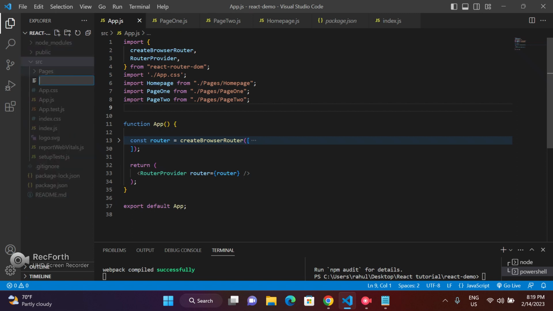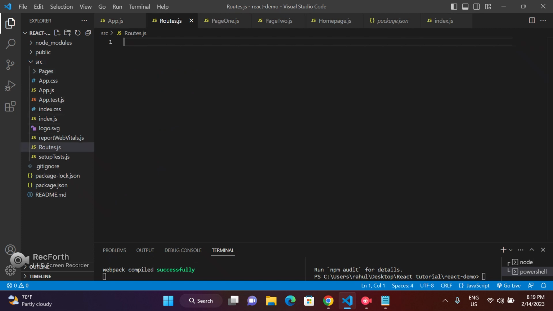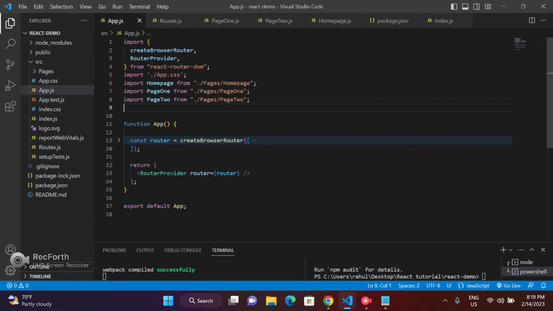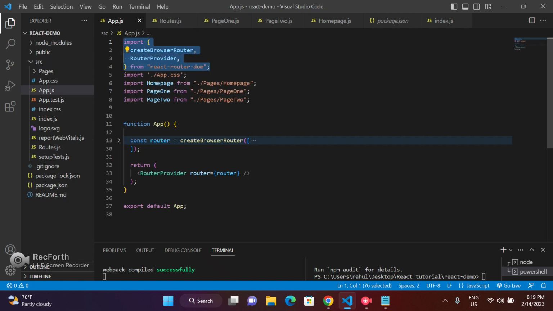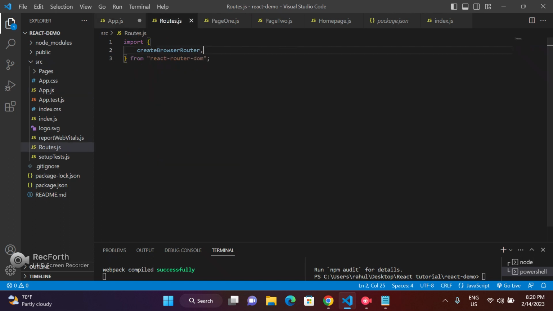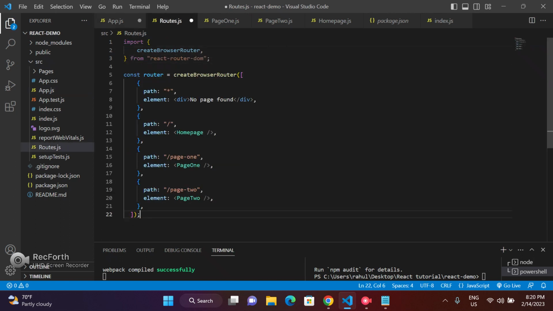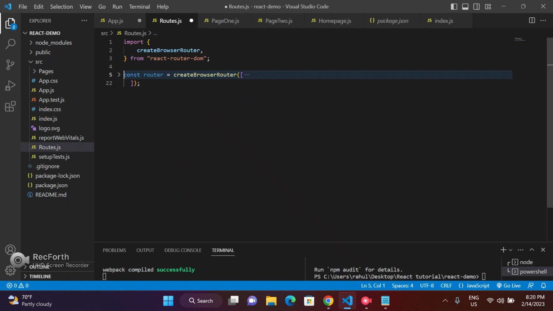So what we will do is, in source, we will create a routes file, routes.js. In routes.js we will do the same thing we have done over here. We will take this and put it here, but we just want this part. So we'll keep it likewise and remove it. We will cut this entire thing, not copy it, and